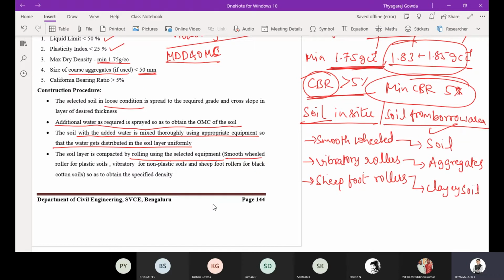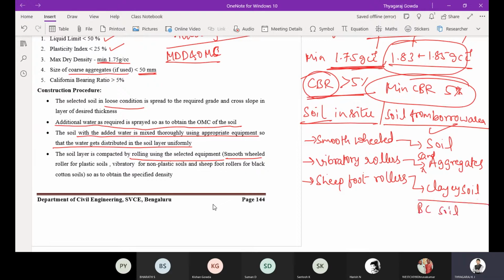So remember these 3 points. Whenever you are compacting soil, use a smooth wheeled roller, and a vibratory roller for non-plastic soils, that is aggregates or sand, which is non-plastic. Then sheepfoot rollers for clay soil or black cotton soil.